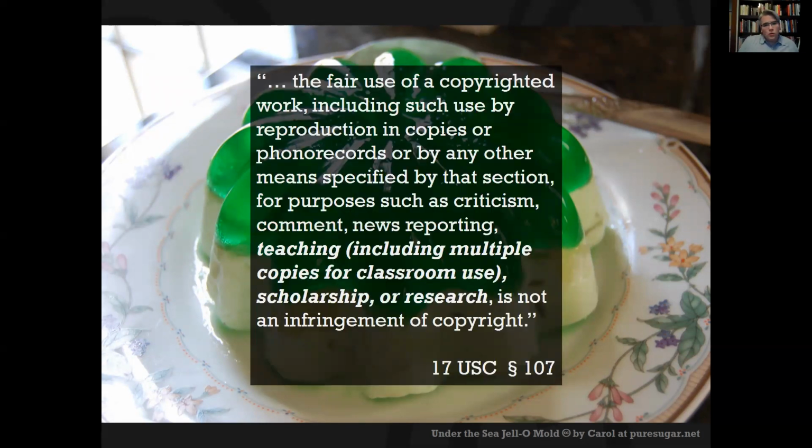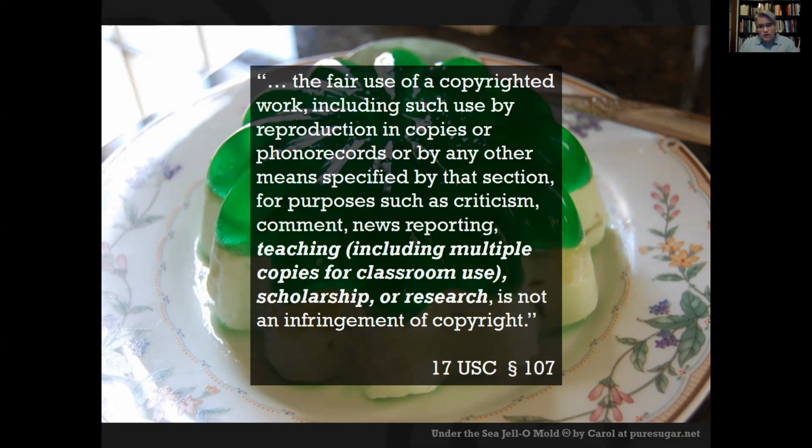There are some people who will try to suggest that fair use is a kind of shady part of the copyright law. I've heard people say, oh, fair use, that's sort of tolerated infringement. So I like to read the actual text of the law, which is now on screen. At the beginning of this paragraph, it says the fair use of a copyrighted work, and I'm skipping a bunch in the middle, but at the end it says the fair use of a copyrighted work is not an infringement of copyright. And they highlight certain types of fair uses here.